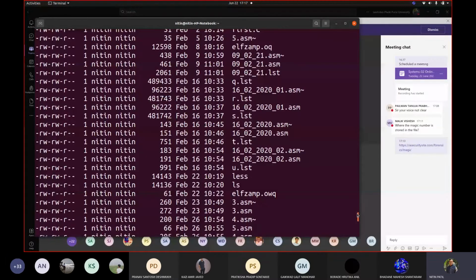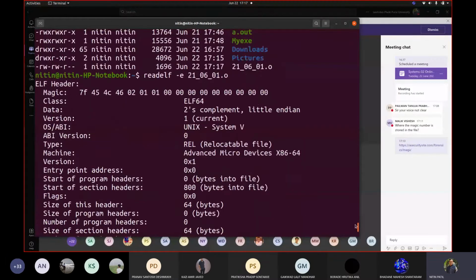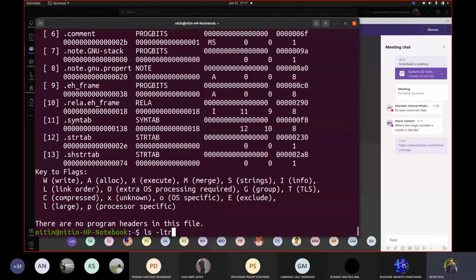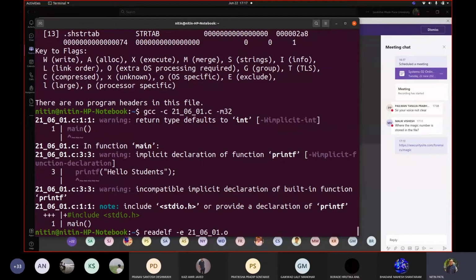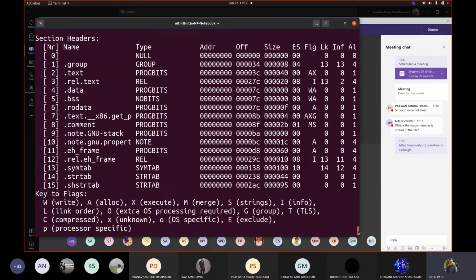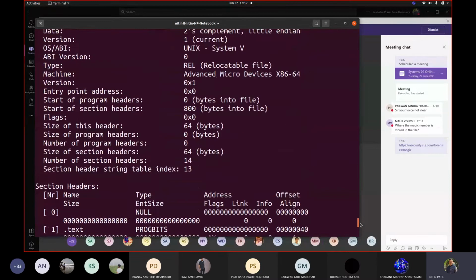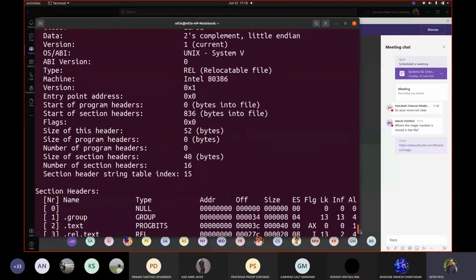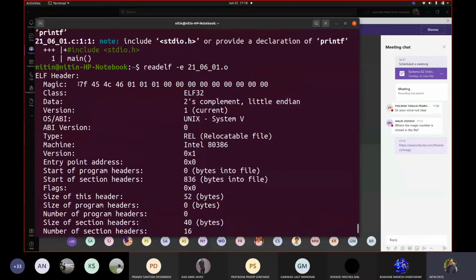Now try to see what is the magic number. So I will copy this magic code. Okay, so I forgot one thing. I should have written M32. Okay, now let us see this magic number for this file. So this is for object code.